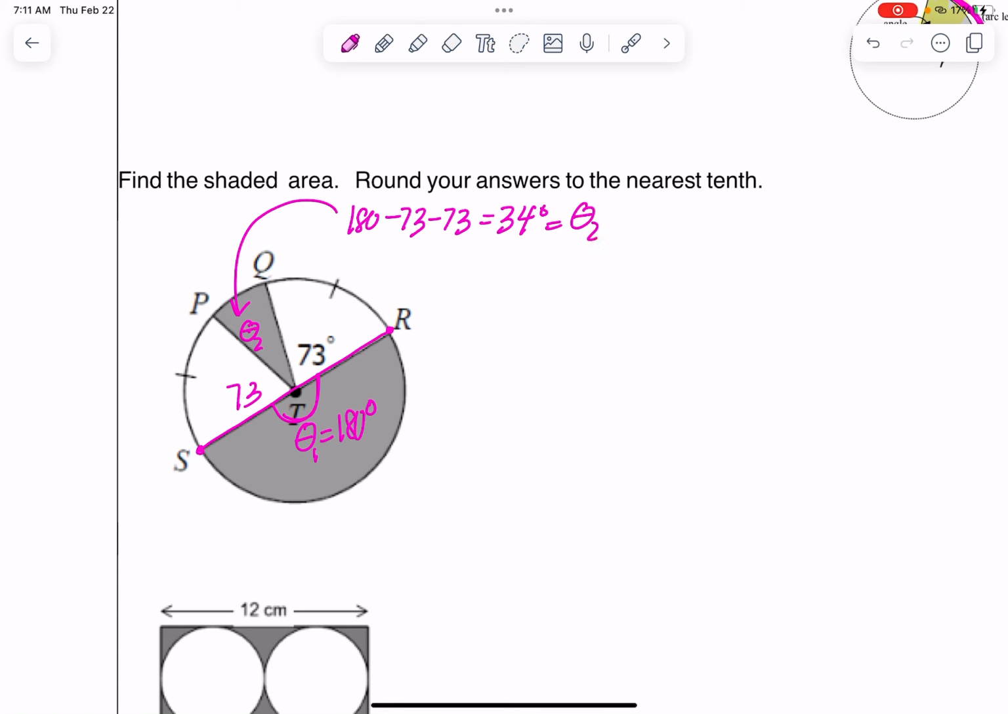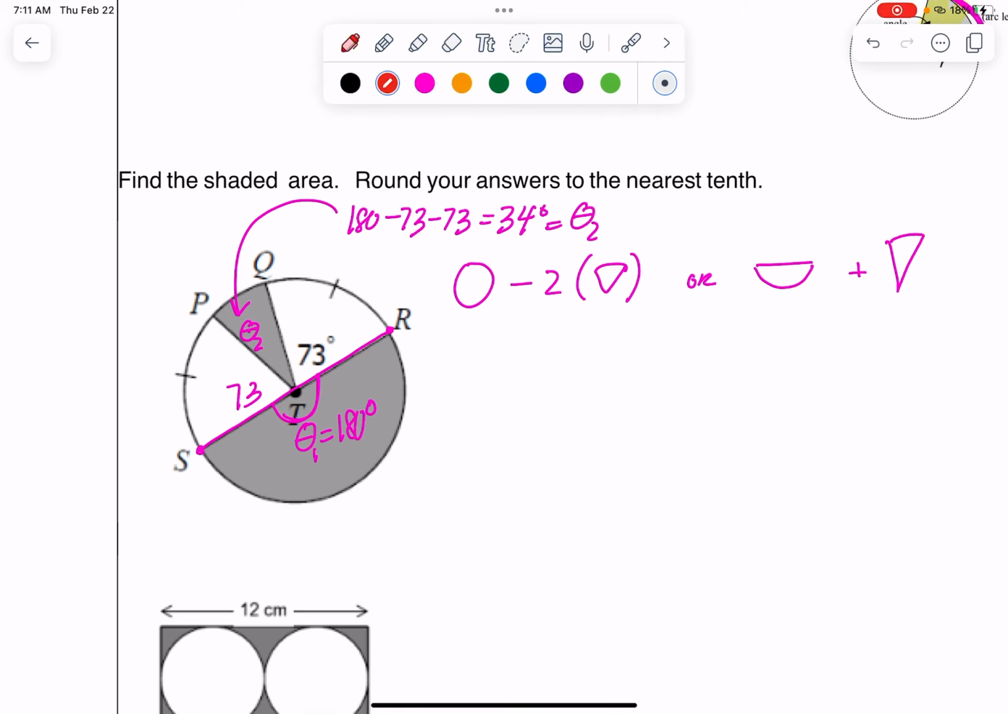And so when you look at that, I can do this a couple different ways. I can either say that I have a big circle minus 2 pieces, right? Or I have a half circle plus this little wedge. Those are the two ways that I can solve this picture. And so if we do it the first way,